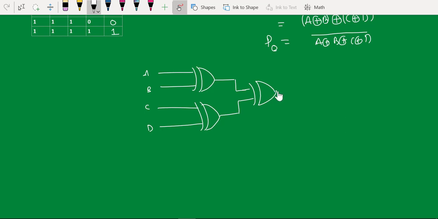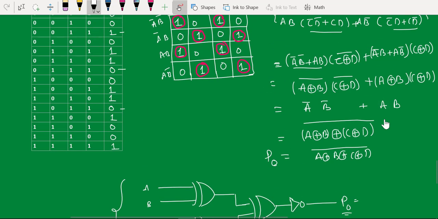And once you get the XOR output, just add one complement. So you are going to get the odd parity bit from the 4 bits. Suppose you are having n bits, you just need to increase the number of XOR gates. At the final output, you are supposed to add one NOT gate, so to get the odd parity bit. This is how you can generate odd parity bit by using simple XOR gates.